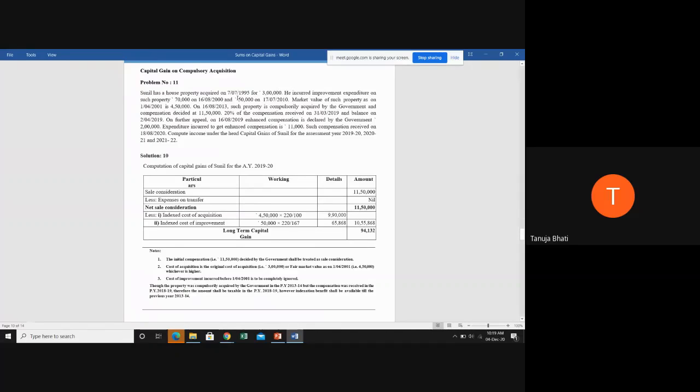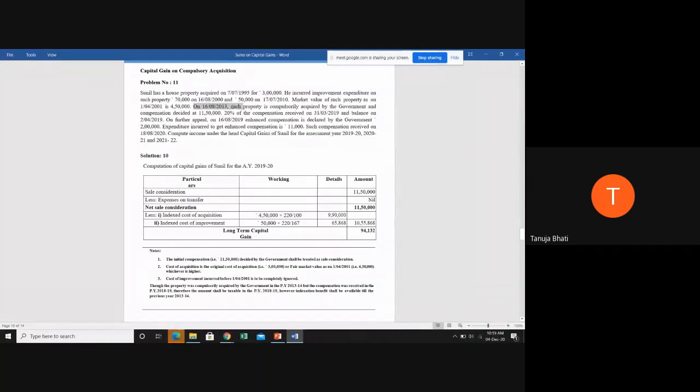Now, should we ignore this 50,000 cost of improvement or should we consider it? We should consider it. Very good. So we know that the cost of acquisition is 4,50,000. Cost of improvement is going to be only 50,000. Okay, so I hope you'll have understood up to here. Now next, on